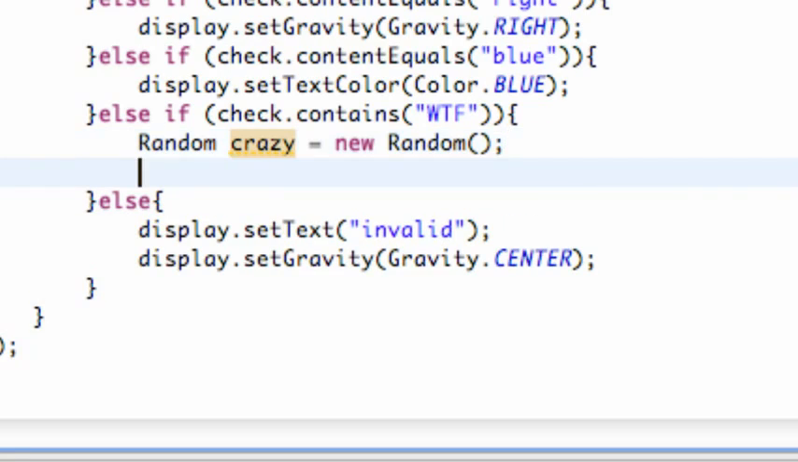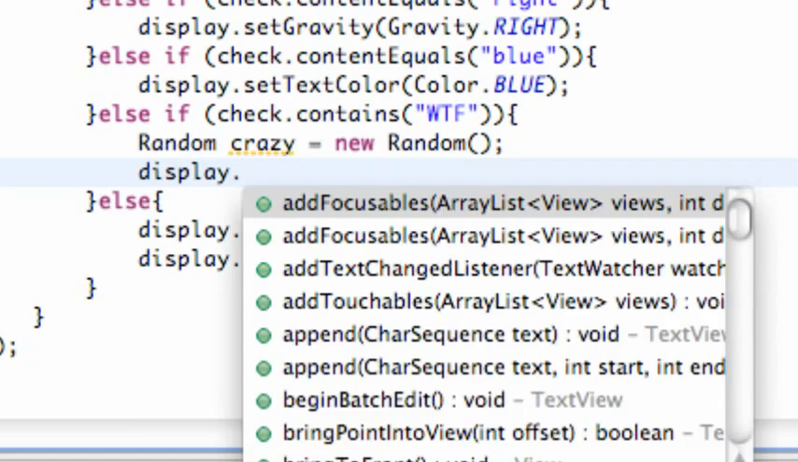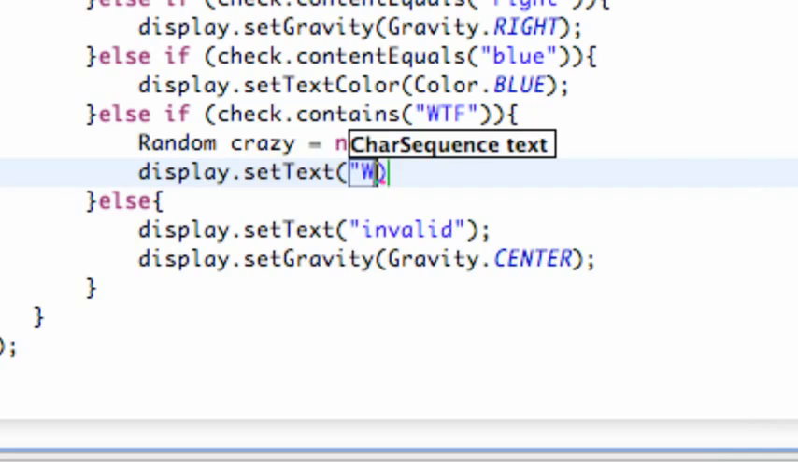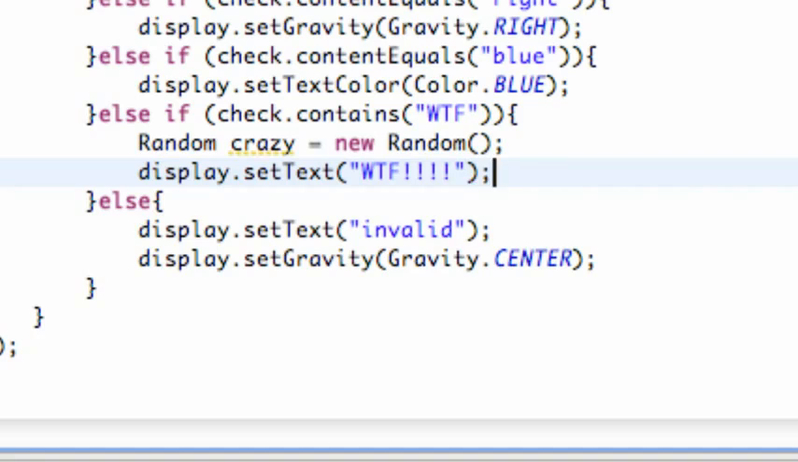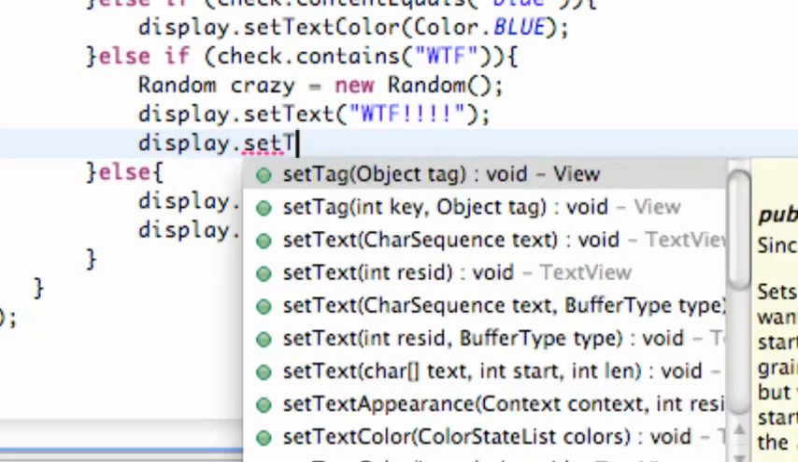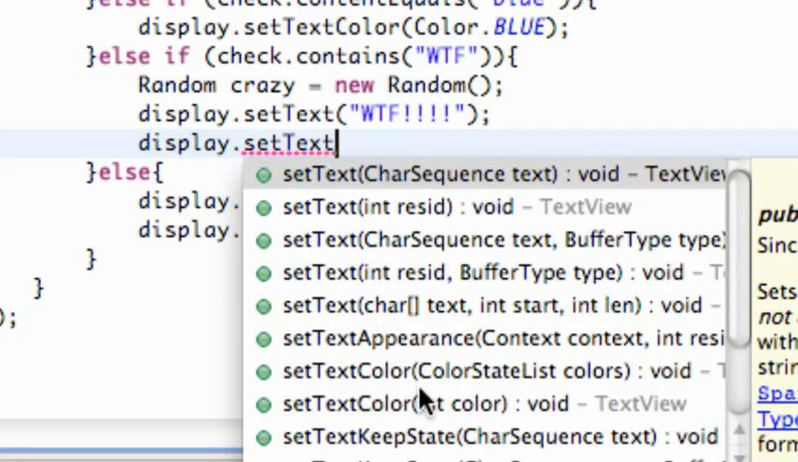So now what we're going to do is define some methods within this WTF, where's the fridge, and again we're just going to set the text to WTF, oops, something like that. Next thing we want to do is maybe change the text size. So again we can just say display dot set text size,